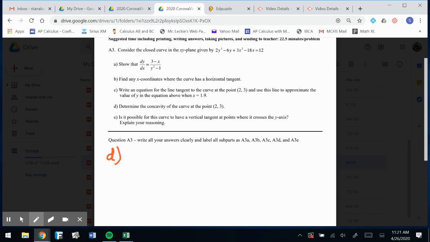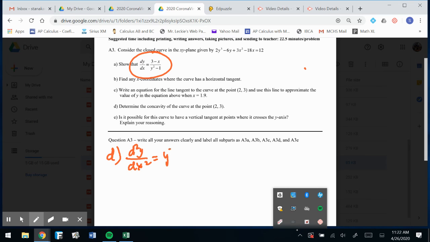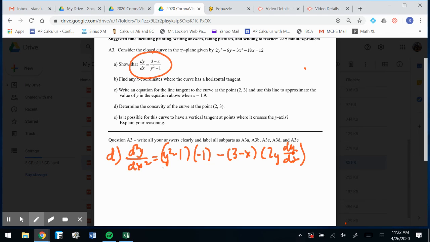I apologize. It says determine the concavity of the curve at the point (2, 3). Concavity would mean second derivative. So we're going to go ahead and find the second derivative, okay? And second derivative would be a little quotient rule. That guy's going to come up, which would be the low times the derivative of the high minus the high times the derivative of the low, which would be 2y dy/dx. Okay? And then that's all over